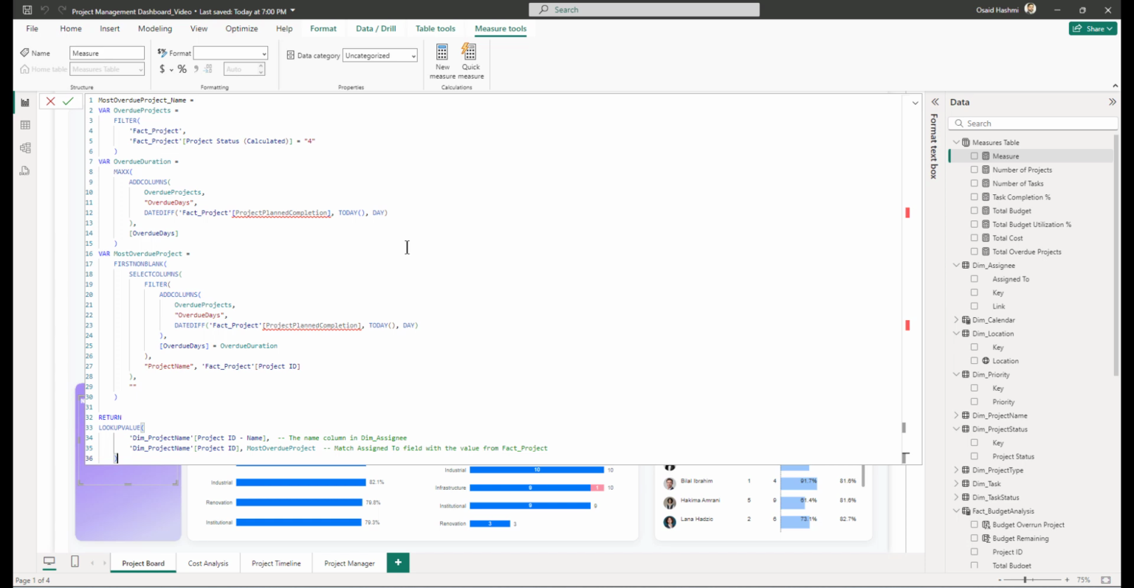That means it was planned to be completed in the past. That's why it is delayed and it has not been completed yet, right? So that's why we have this difference between today's date and the project planned completion. So this value is put in the overdue days. Now the most overdue project would be the first non-blank value of this table that we have created, which has the project name